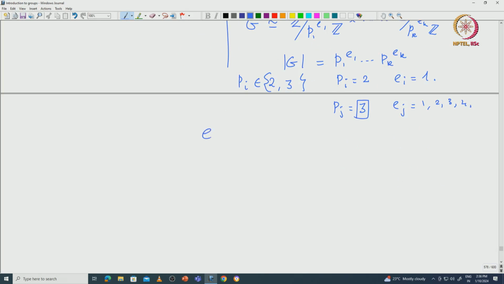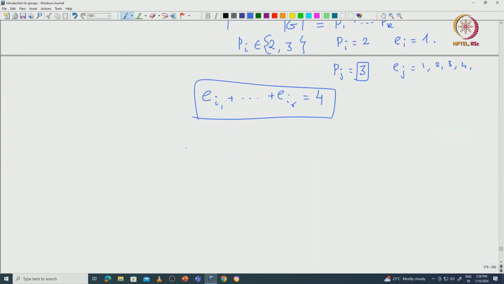So, if you take the corresponding indices, let us say E i1 etc. E ir, all of them are 3, then if you sum the corresponding exponents, that has to be 4. So, basically that corresponds to a partition of 4. And since p1^e1 etc. pk^ek are all uniquely determined by the capital G,